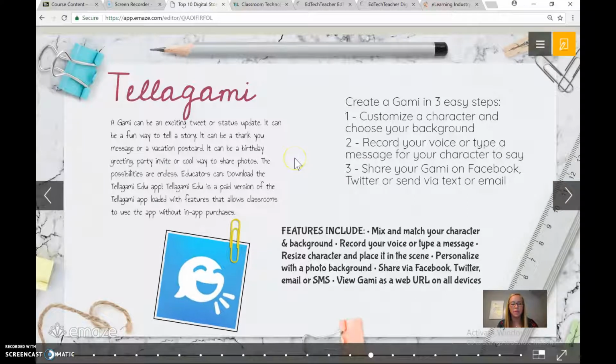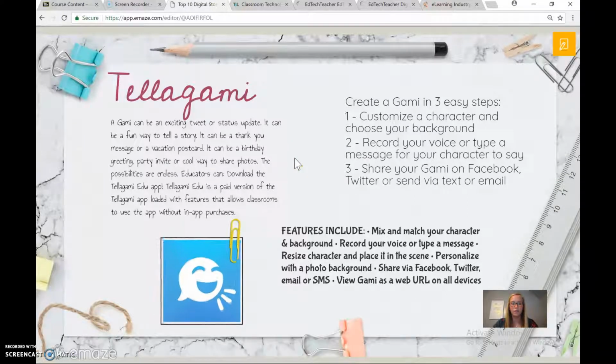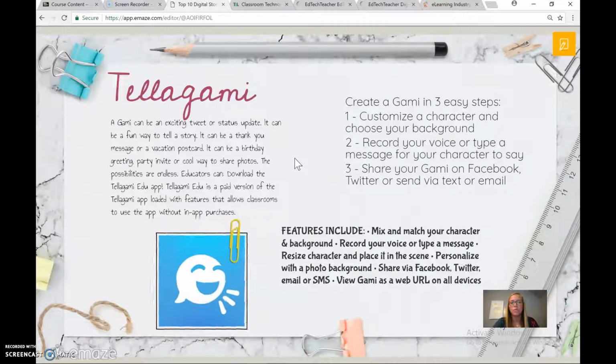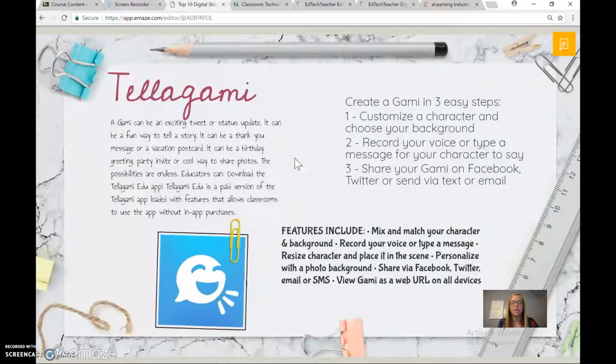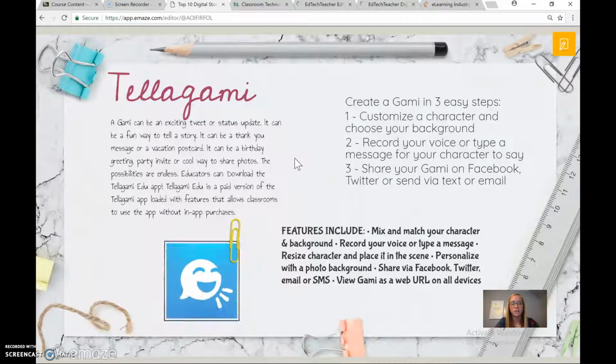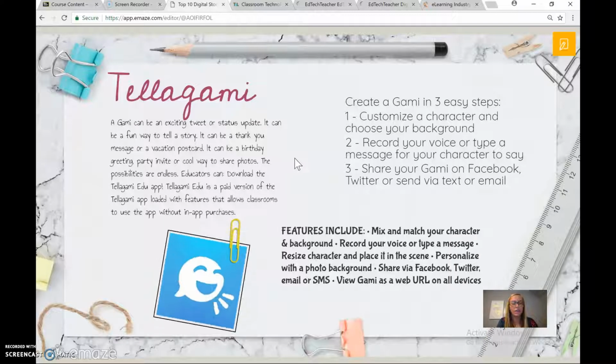Okay, Telegami. I was very familiar with this one. I have downloaded it in the past. It allows you to create a Gami. You can completely create it from scratch or use one that they already have in there. You can give it your own voice, create a thank you message or vacation postcard. You can even create a birthday greeting, a party invite, or just use it as a cool way to share